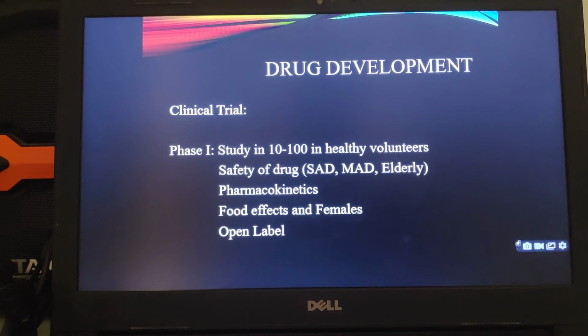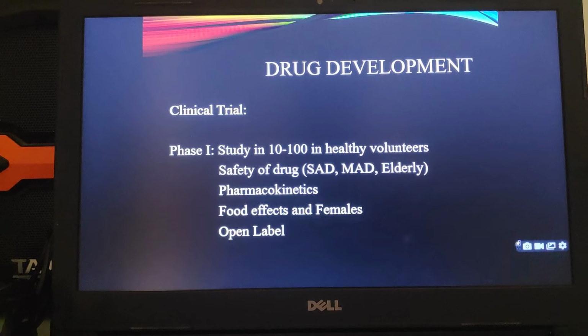And this is assessed by doing different studies like single ascending dose study, when only one dose is used in the ascending order. It can be MAD, that is multiple dose study, where multiple doses are given in ascending orders. The safety is studied in the elderly population above 65 years of age. Then the pharmacokinetics is also studied in all these situations. Every time the drug concentration, what is the Cmax, what is the Tmax, and all these parameters are studied